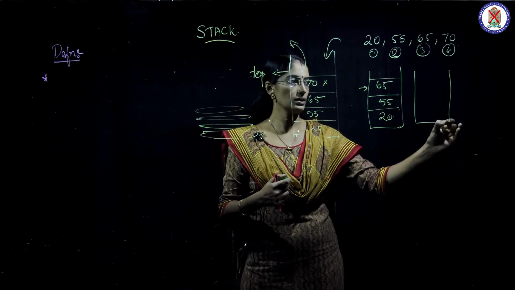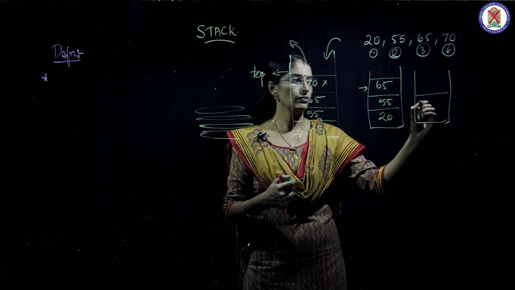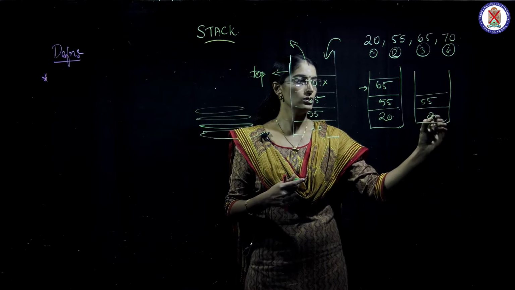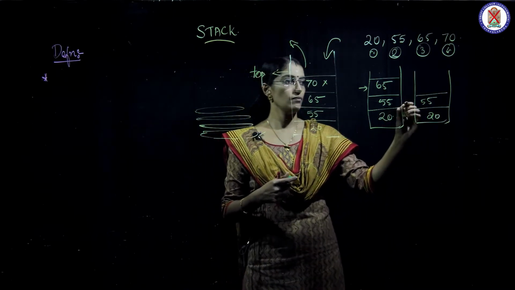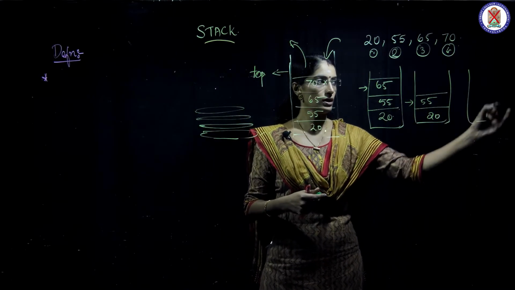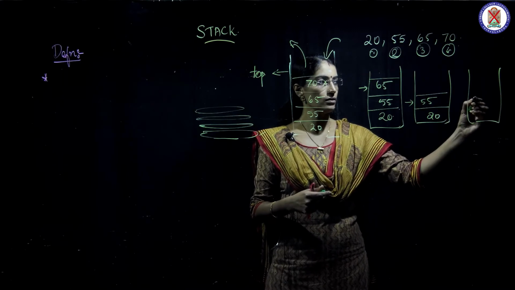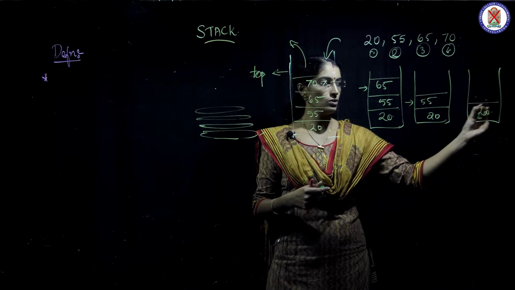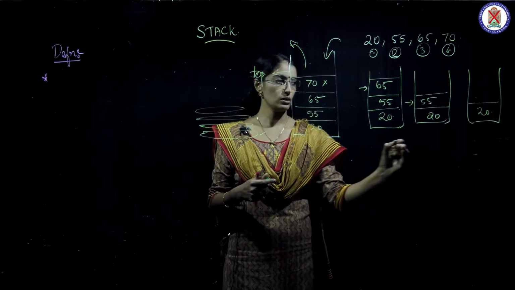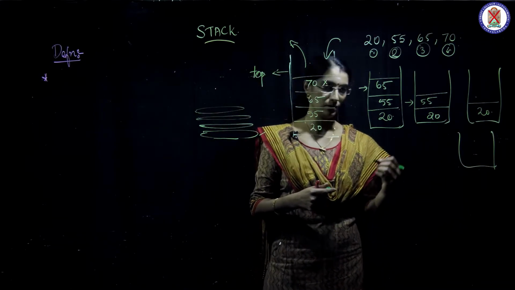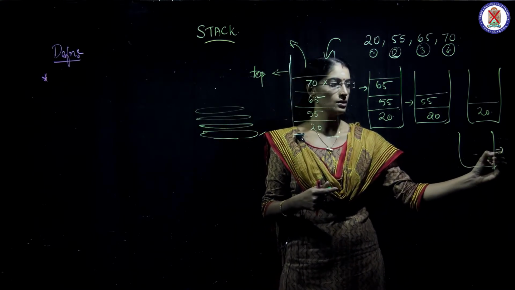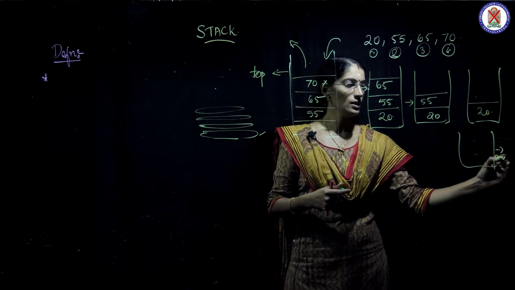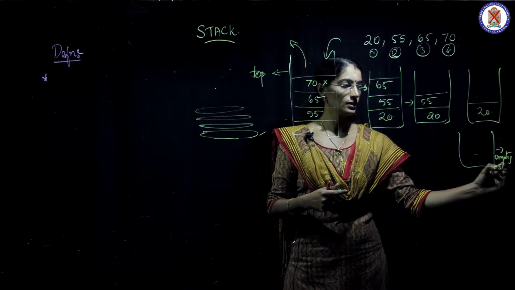After this, 55 remains, and then 20 remains, right? In the next deletion, 55 goes and only 20 remains, and again you do a deletion, and what remains is nothing. So this is an empty stack,